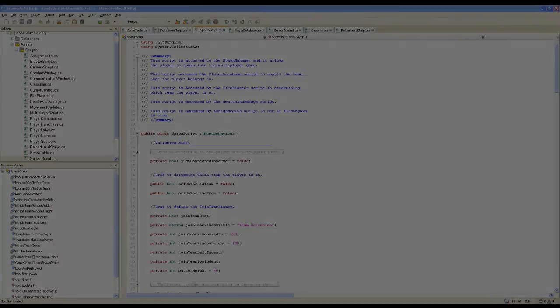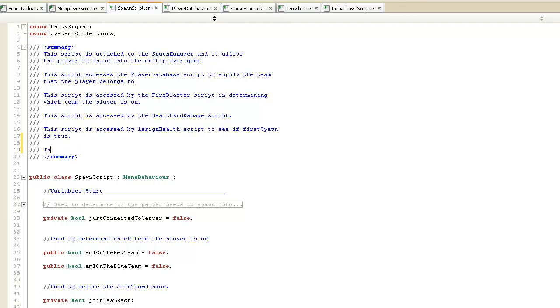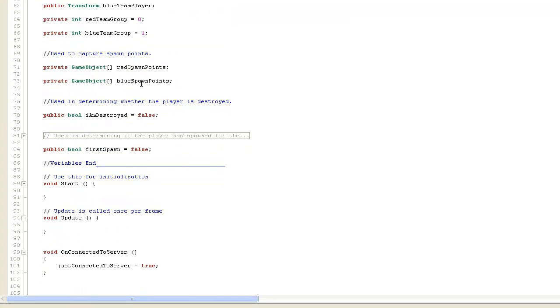Our 5th step is to edit the spawn script, and this will also be pretty quick. I've opened up the spawn script, and I'll add a new comment in the summary that this script is accessed by the score table script. Okay. And now we'll add a new variable. So down here,